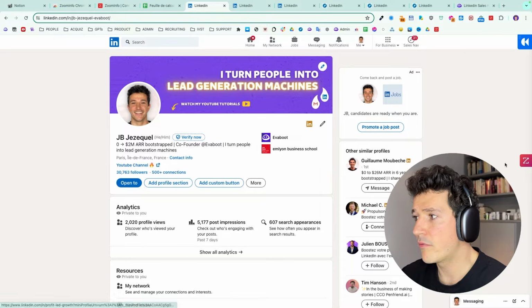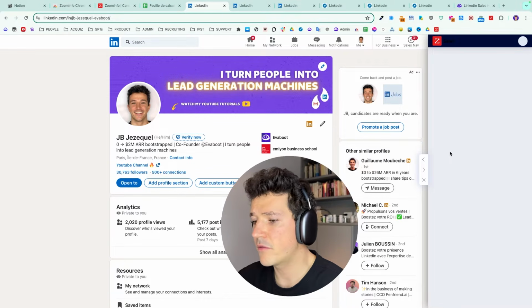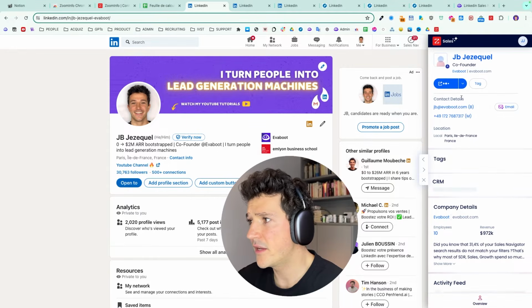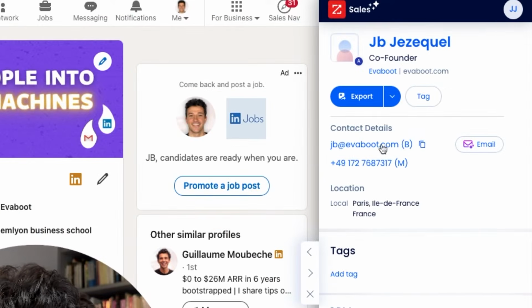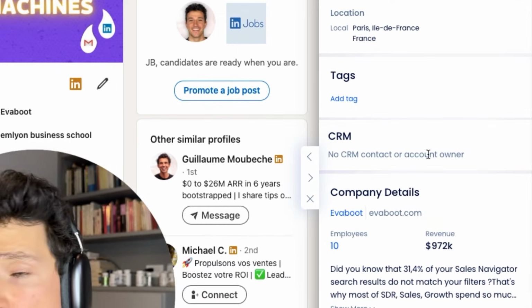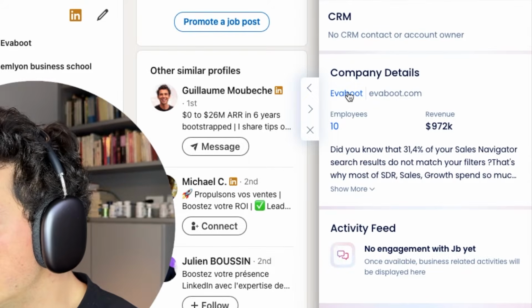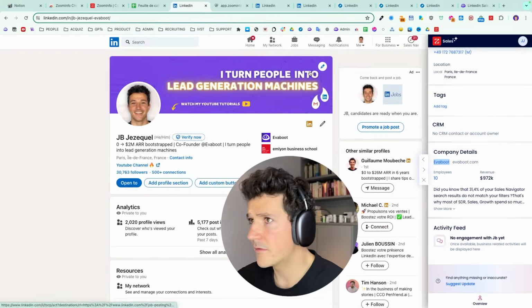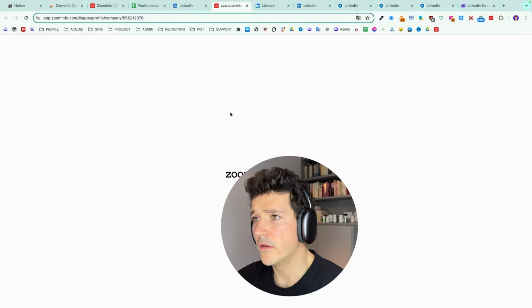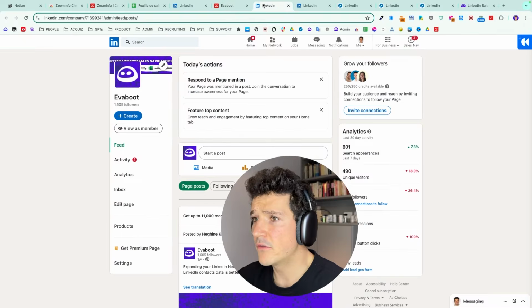So here we are on my profile, and if I click on the icon, it will connect my LinkedIn profile to the Zoominfo database, and it will find information like email, phone number. It will detect if I'm present or not in the CRM already, and get some information about the company. And if I click here, I am able to open the company page profile directly within Zoominfo. I can do the same thing